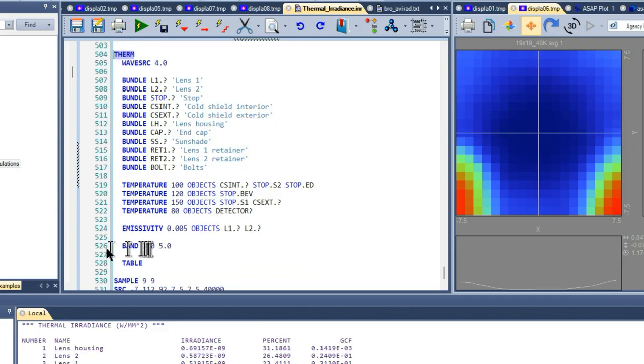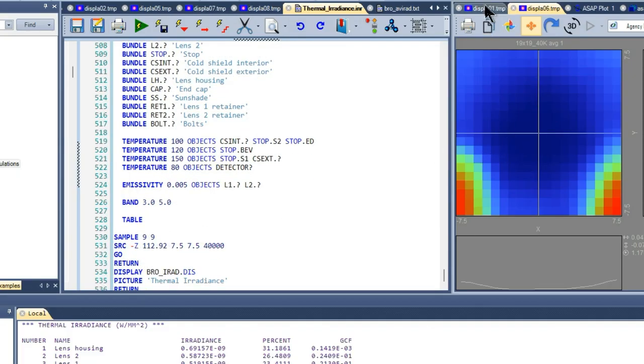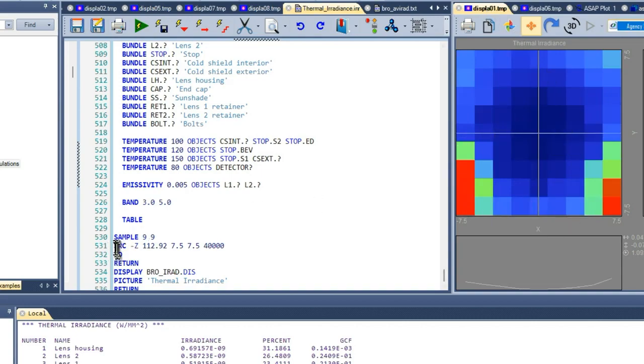Band sets the bandwidth sensitivity that we care to observe at the detector. It's the detector's bandwidth usually, but it is what part of the infrared spectrum, the black body spectrum, are we using to determine the thermal irradiance. Table outputs a table to verify all of these results. Sample sets up the sampling, in this case this 9x9 sampling, and SRC is the reverse trace source, which is at the detector location and size, and it defines the number of rays per sample that is used for